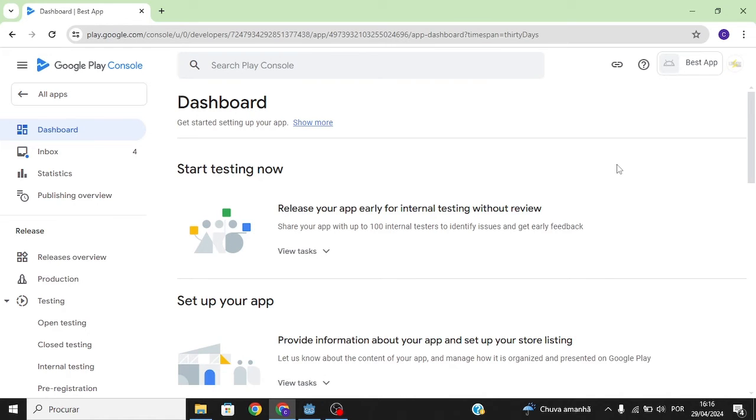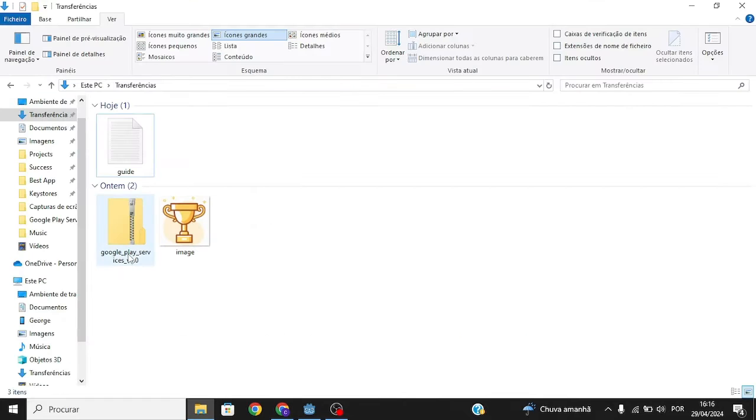You found the best tutorial on how to add Google Play services to your Godot mobile game. So let's get started. The first thing that you need to do is download these two files, which will be